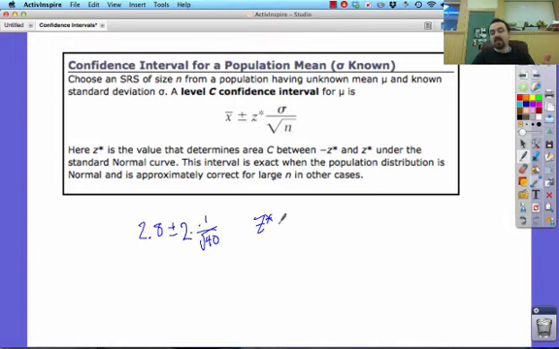Now, that came from the 68, 95, 99.7 rule. A z star of 2 implied we had 95% confidence. Okay, it's a z-score to the right and to the left. Okay, it's the area between the z-score from the left to the right. Okay,